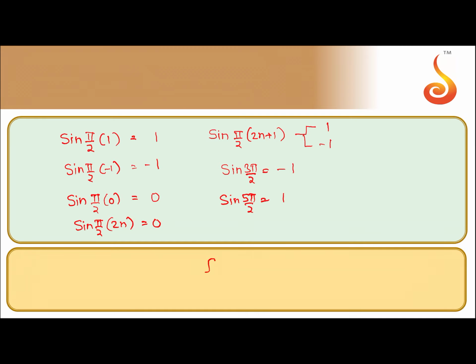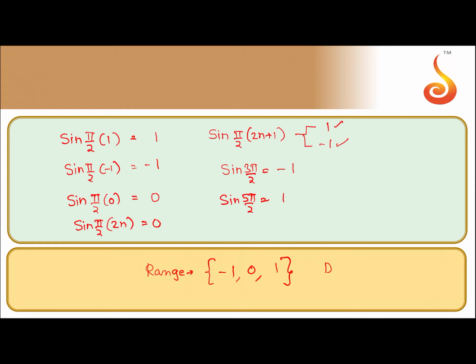So finally, what did we get as the range? Minus 1, 0, 1 are the possibilities. So whenever it is odd, 2 possibilities are there, either it is 1 or minus 1. Sine 3 pi by 2 is minus 1, sine 5 pi by 2 is 1. Similarly, if I take the even multiples like 2n, we always calculate n pi, and sine n pi is always 0. So what is the range? This is the range.